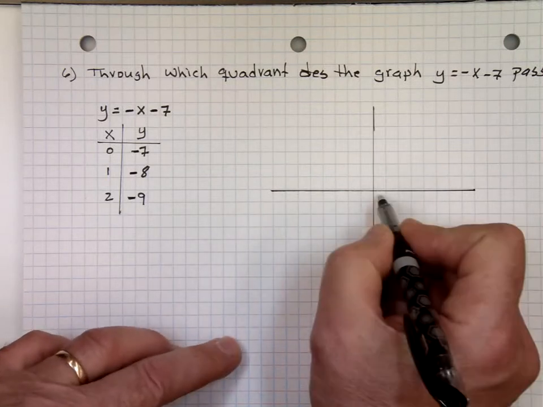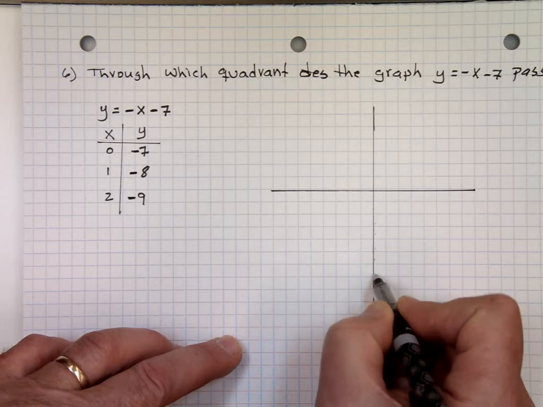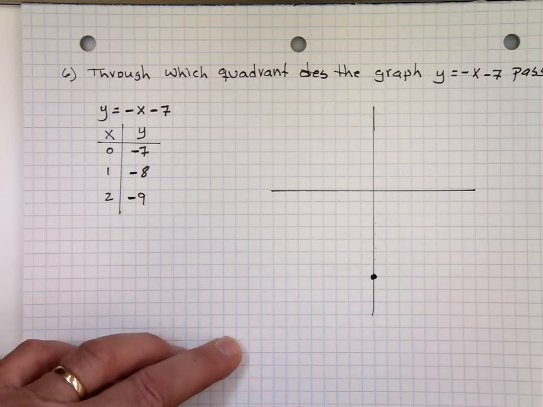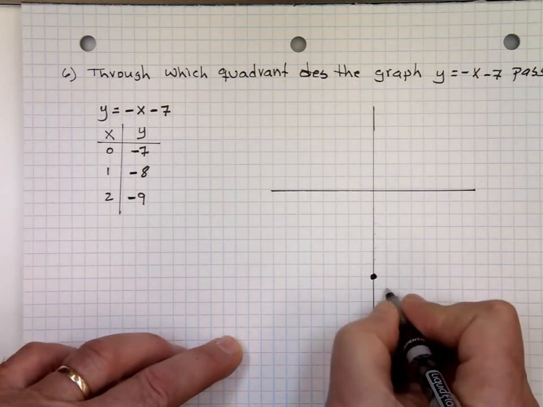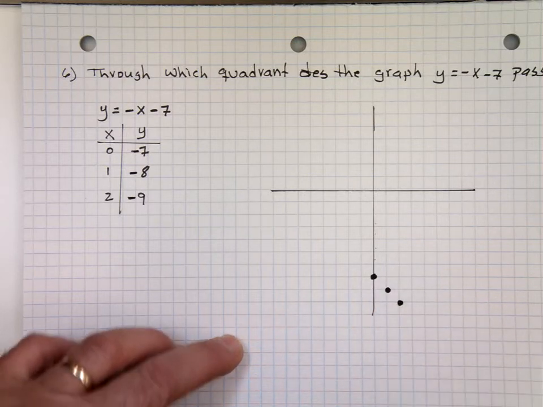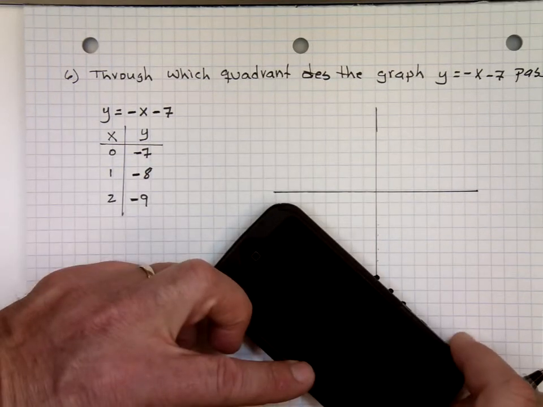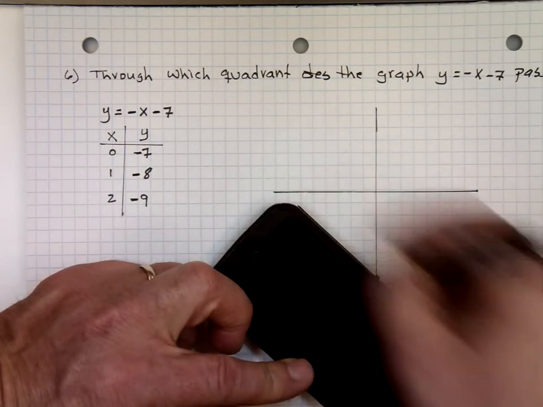Zero, negative 7. 1, 2, 3, 4, 5, 6, 7. That's 0 and negative 7. 1 and negative 8. 2 and negative 9. I just happen to have graph paper, which is nice. So when you graph that line, extend it,